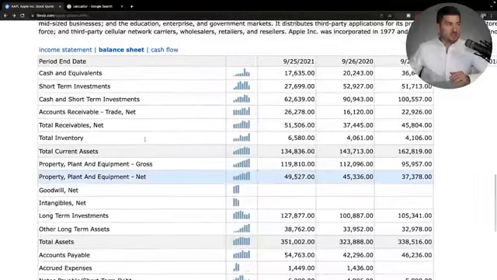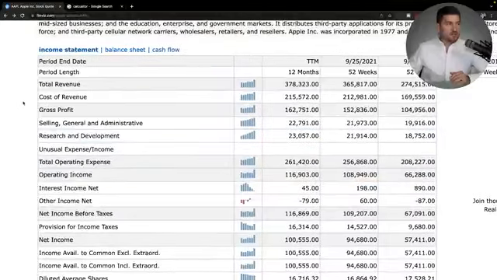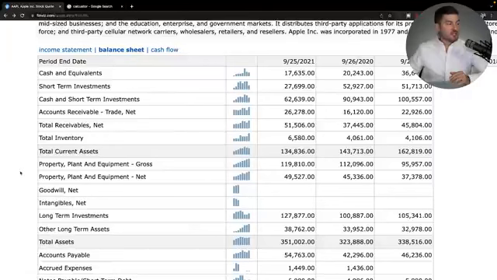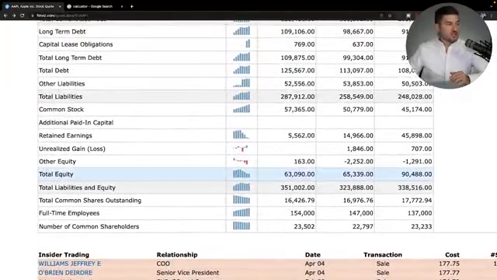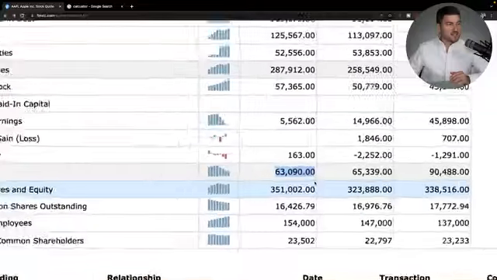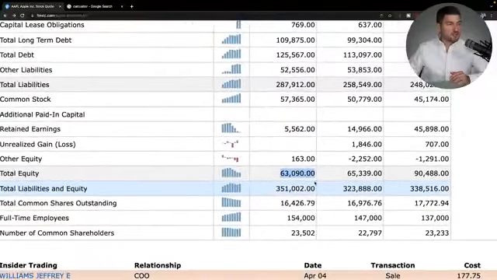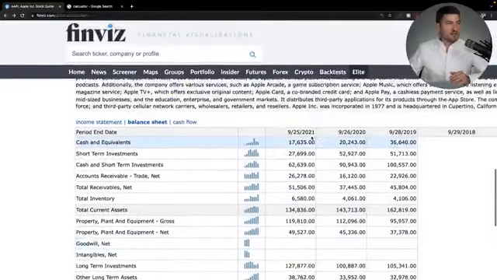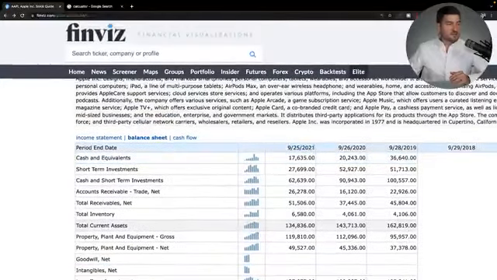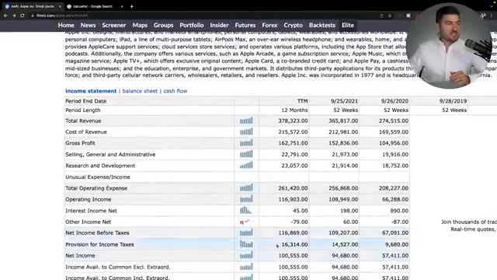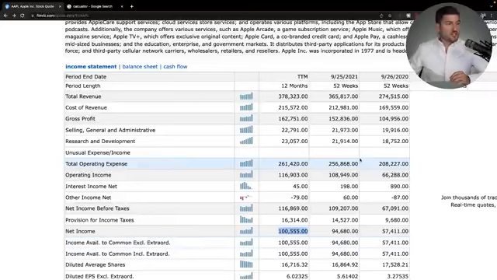And this is where you have to pay attention if you're being a good analyst. Remember, we have to use the same time frames for the same ratios. So if we go to the balance sheet, we are looking for shareholders' equity. If you look at total equity, you can see here that for this column, it is 63.09 billion. If we scroll back up, you can see that this time frame is September 25th, 2021. Now, if we go back to the income statement, you can see that the net income here is trailing 12 months. So for this one, we're actually going to use this net income right here, which is